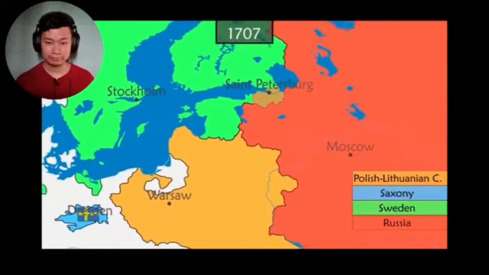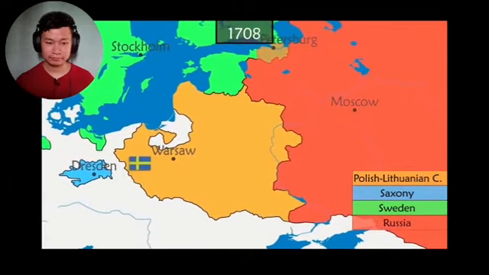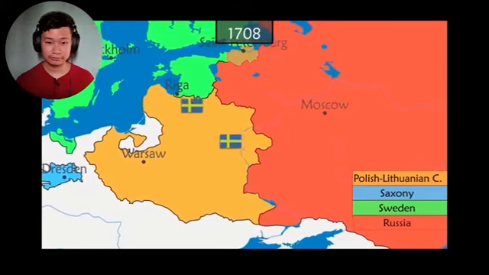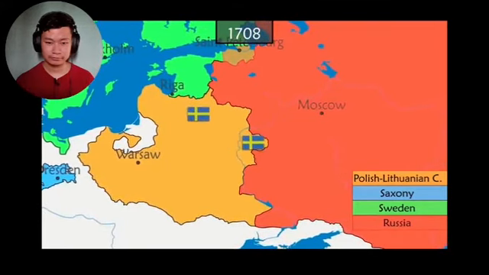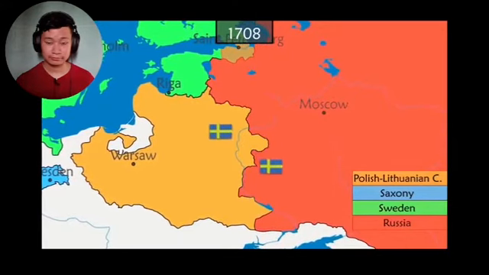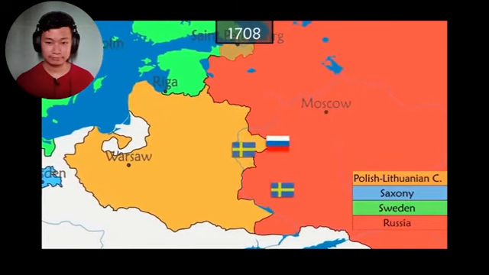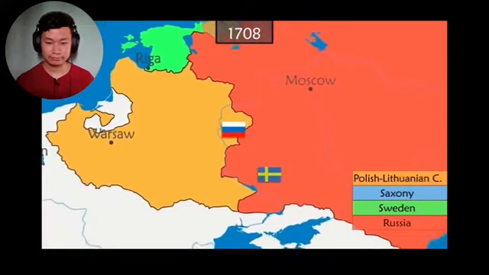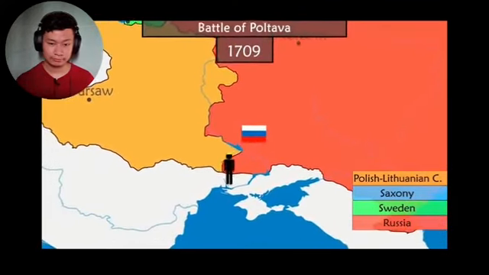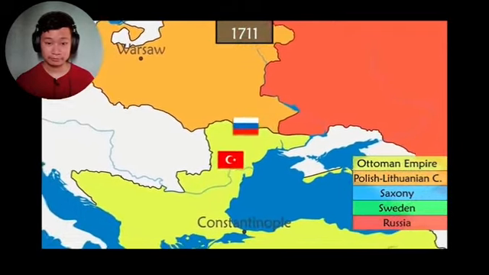In 1707, the Swedish army, having dominated its enemies, leaves Saxony and marches towards Moscow. But while Swedish reinforcements and supplies arrive from Riga, King Charles XII decides, against all odds, to branch off to Little Russia, where he counts on the support of the Cossacks and the abundance of wheat. Peter I takes advantage of this to intercept the reinforcing army. In the south, after a harsh winter, the Swedish army is finally defeated. Charles XII takes refuge in the Ottoman Empire, which provokes a short war, but without success for Russia.